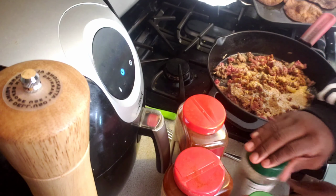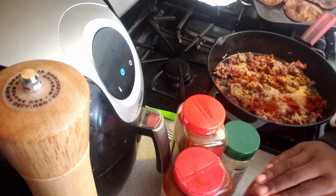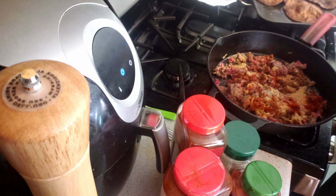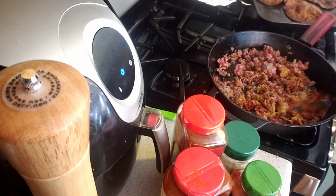I might put a little bit of water. There's a seasoning, and we got a paprika for color, I think. And we have everything bagel seasoning. And then we have our cumin. Yeah, I honestly might put a little bit of water in it, because